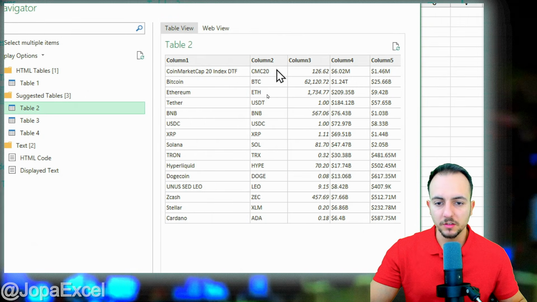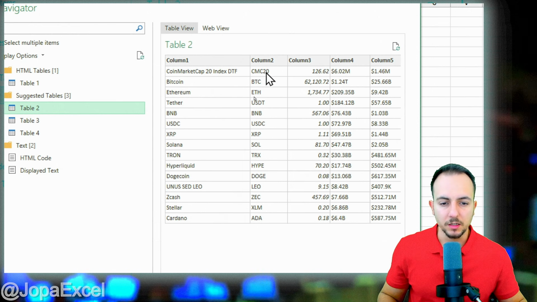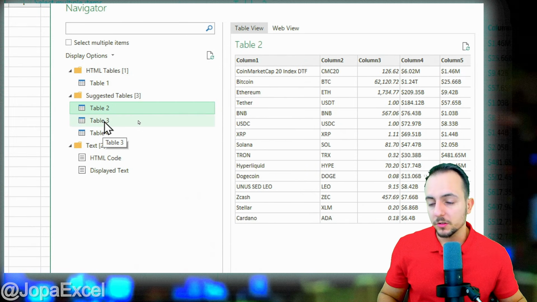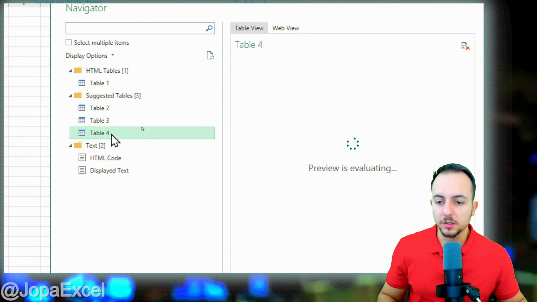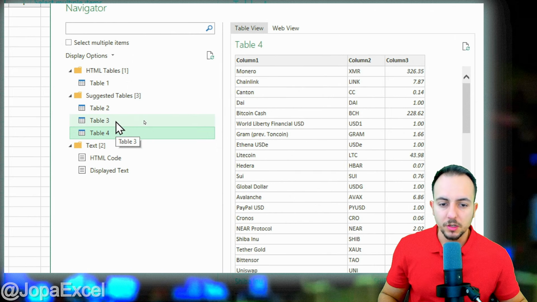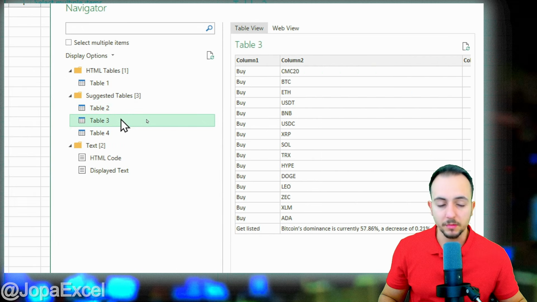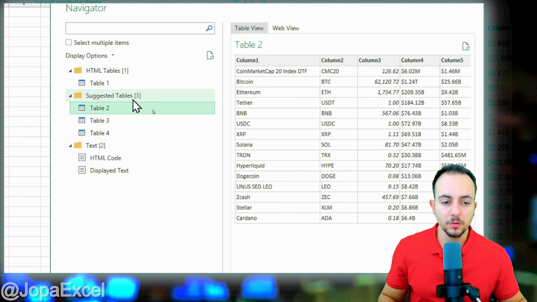Okay, maybe this table right here, where we have as the first column all the cryptocurrency names, and then the short name, and then the current value, and so on. All the information I need. And of course, if you are using a different website, maybe you have more tables, you can just continue to go table by table